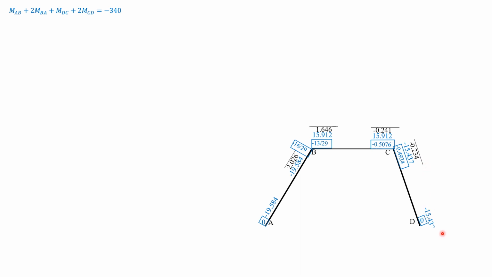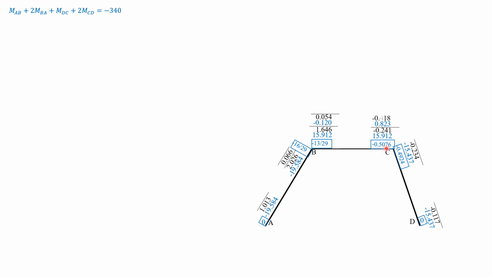So of course 0, 0 here. So we have to carry over half of 2.026 here, which is 1.013 lakh partially, half of negative 0.241 here, and half of 1.646 here. Then half of negative 0.234 here, lakh partially. Then distribute negative 0.120 times negative 13 over 29, 0.054 lakh partially. Negative 0.120 times negative 16 over 29, 0.066 lakh partially.